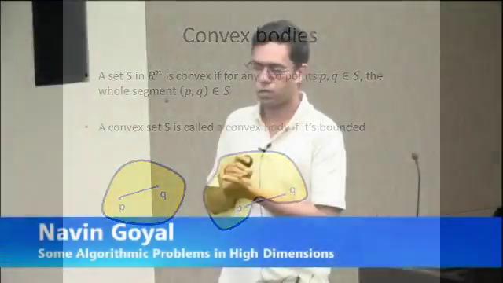Let me just give you a definition of what I mean by convex bodies, although most of you probably already know. We say that a set S in R^n is convex if for any 2 points P and Q in the set S, if you join them by a straight line segment, then all points on the segment are inside the set. And we say that the set is a convex body if it's a bounded set. It does not go to infinity in any direction. So the set on the left is convex, but this one is not convex because this line goes outside the set.